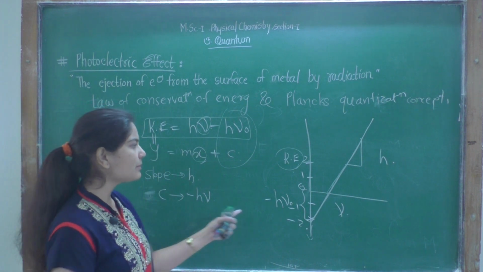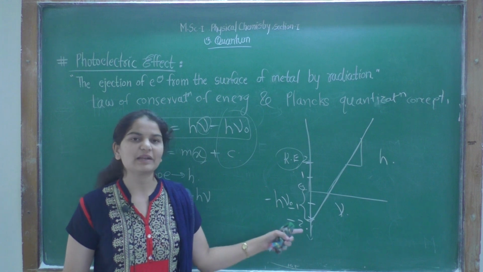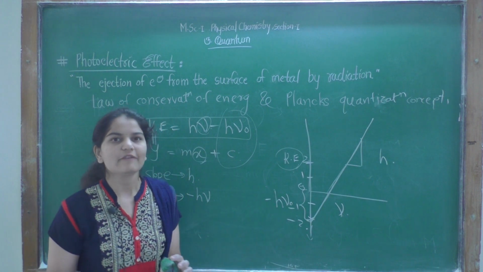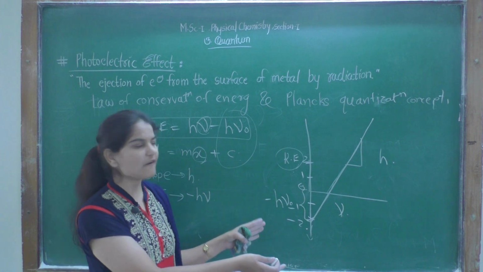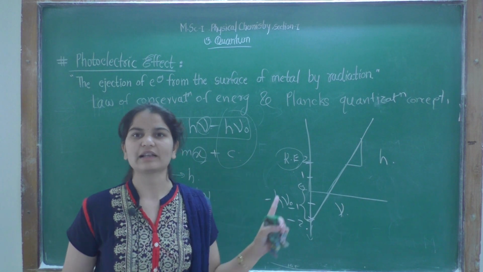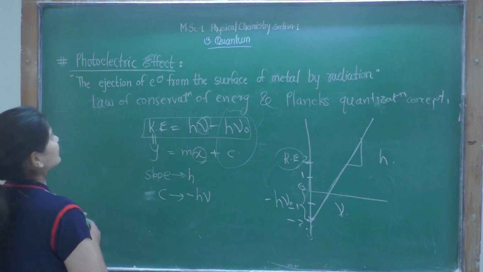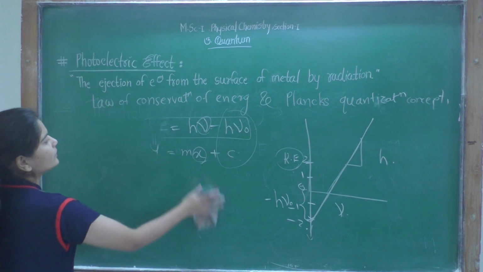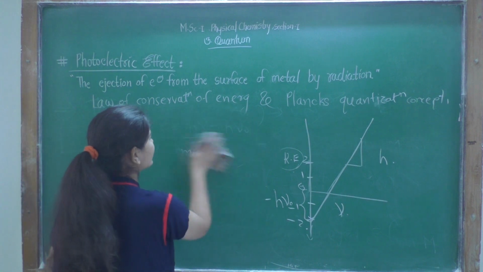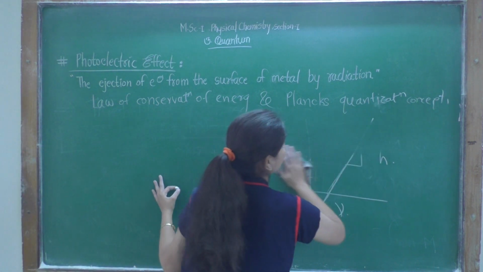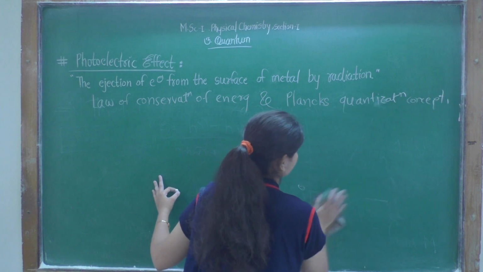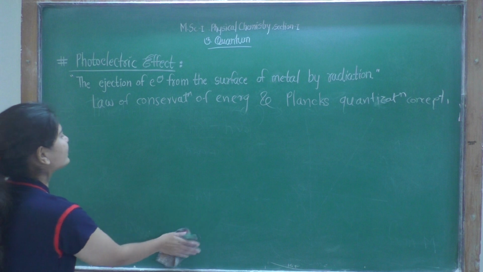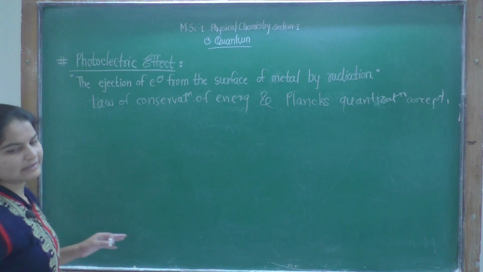And for different metals, like sodium metal, when we observe the values experimentally and plot the graph, then this graph and the theoretical graph match perfectly. There is a perfect match between these graphs. So the equation is valid for the photoelectric effect. Where classical theory fails, the quantization theory succeeded in this case.